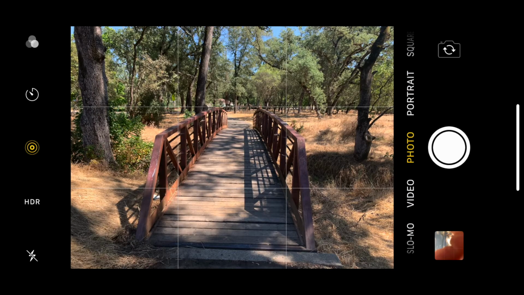So now that our camera is on, the first thing you're going to notice are the grid lines that run through your frame. Now there are two vertical lines and two horizontal lines. Now again, these lines may seem like they obstruct your view, but actually they're a very useful tool for subject